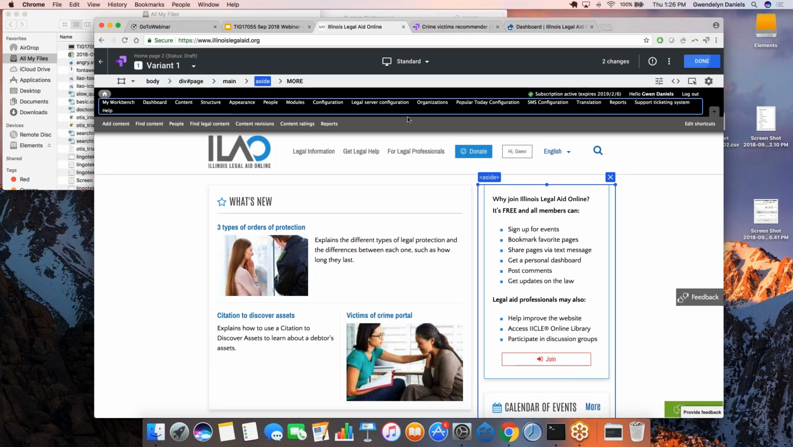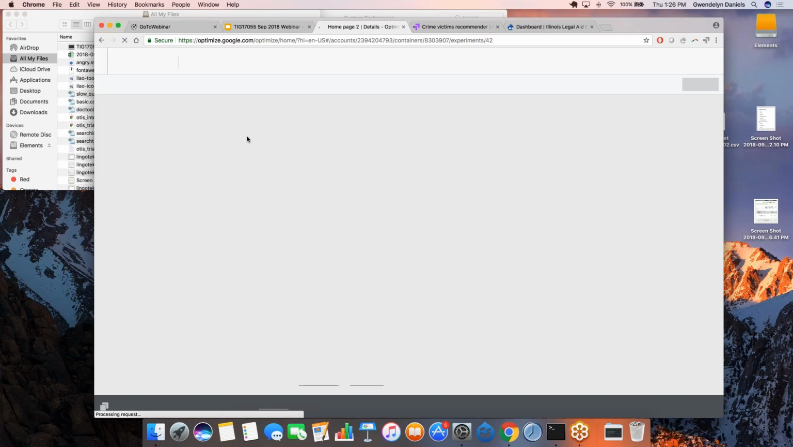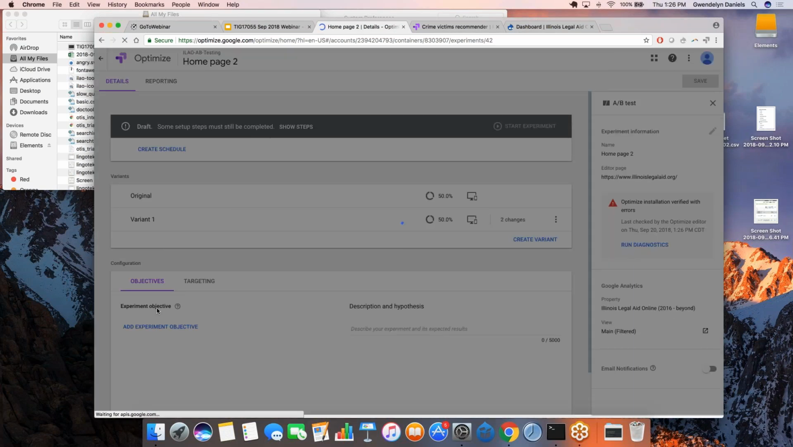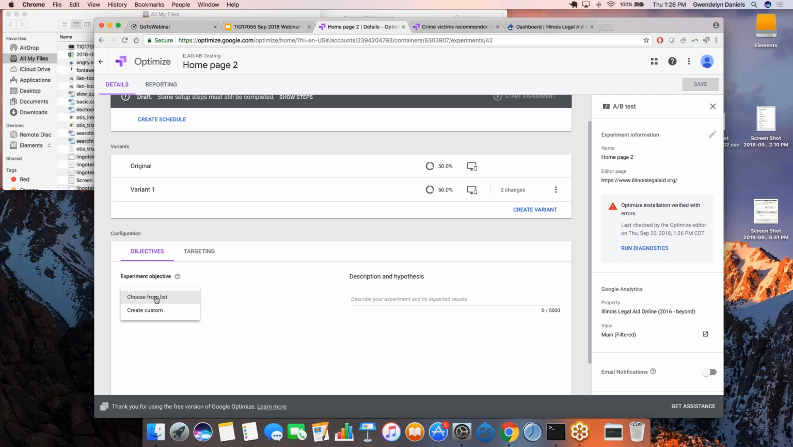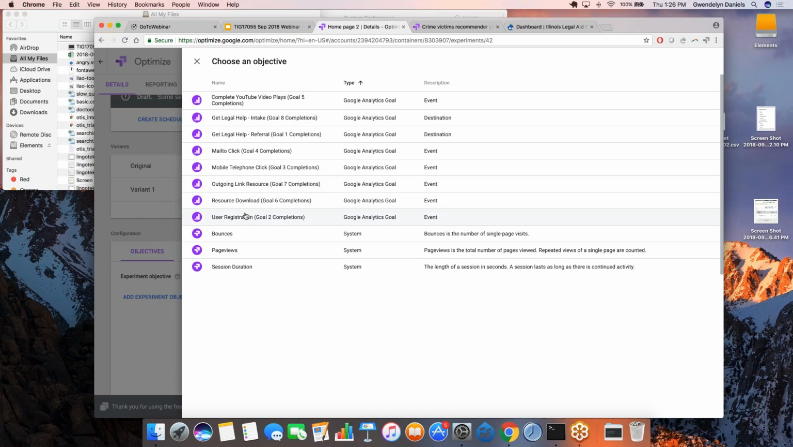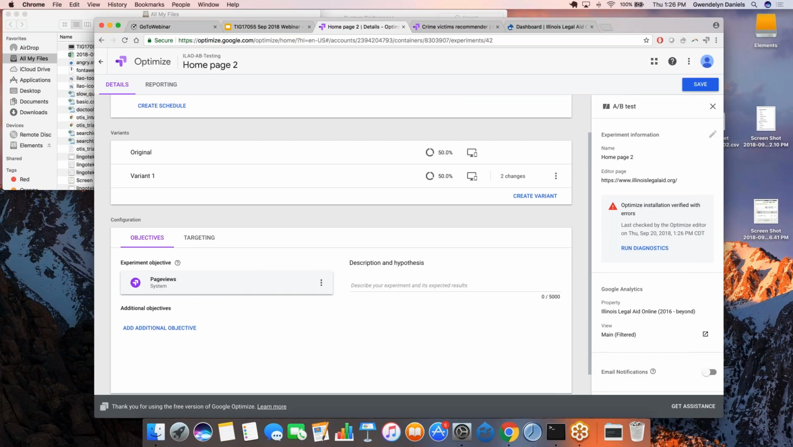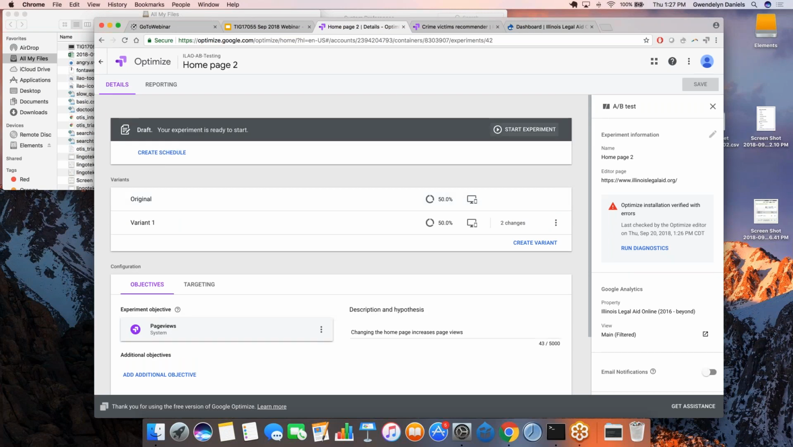And now what I can do is go back in and add an objective. And I can do custom objectives, or I can choose from a list. And Aleo's got a whole bunch of things because we have a bunch of custom events set up in Google Analytics. But I just want to see if it increases the number of page views. And then I can save it. And you'll see it's telling me that there's an error. Well, that's because I haven't actually installed the code. If I started the experiment,